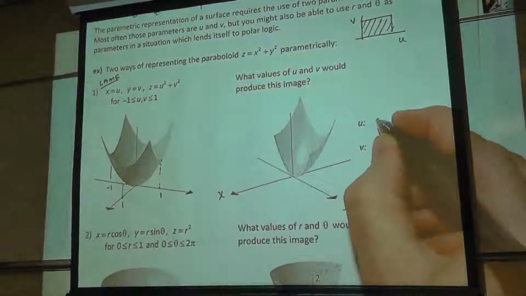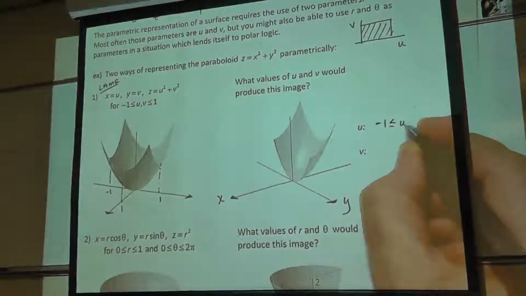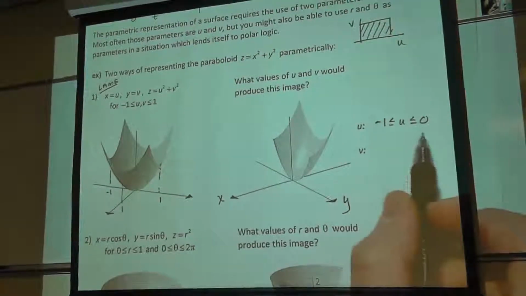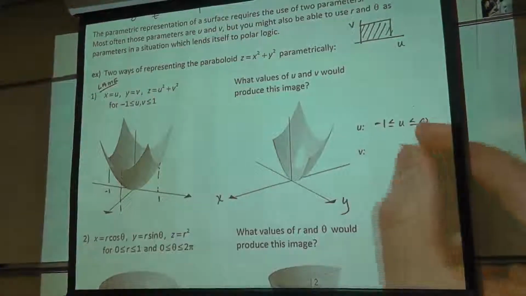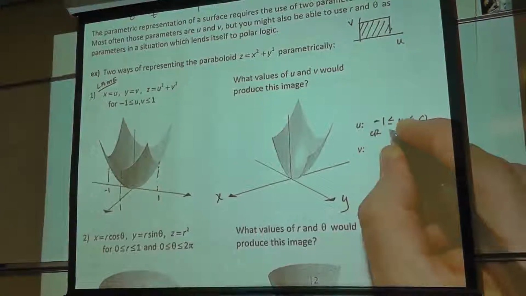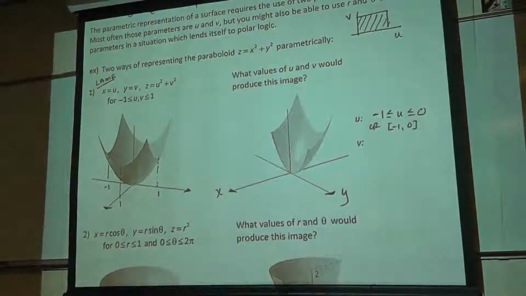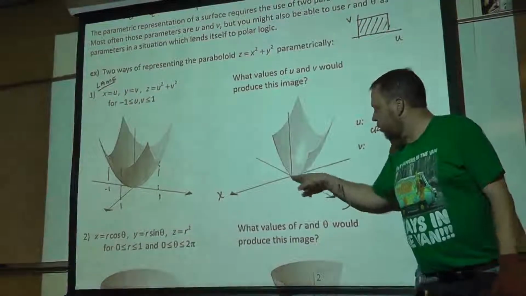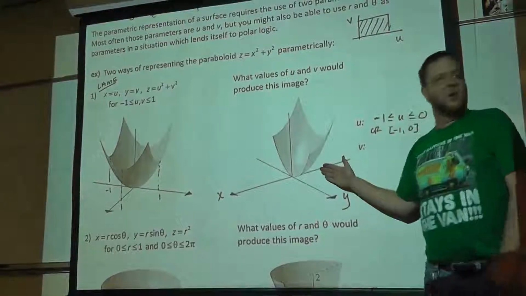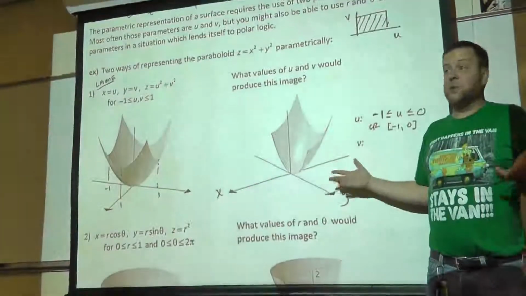You can either give me an inequality, -1 ≤ u ≤ 0, like this, or you could list it in interval notation. The interval -1 to 0 is what's giving me that portion that starts here and goes back to there, where u equals -1, because u equals x.